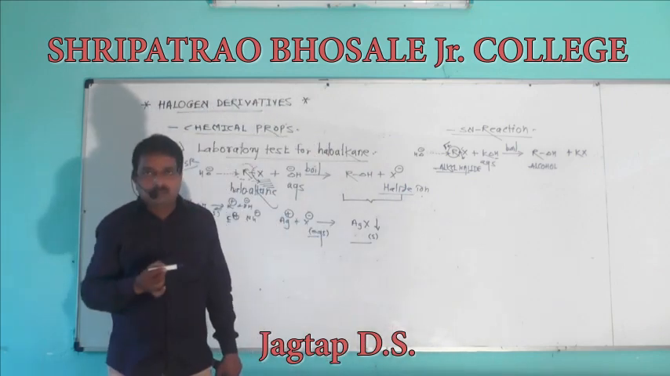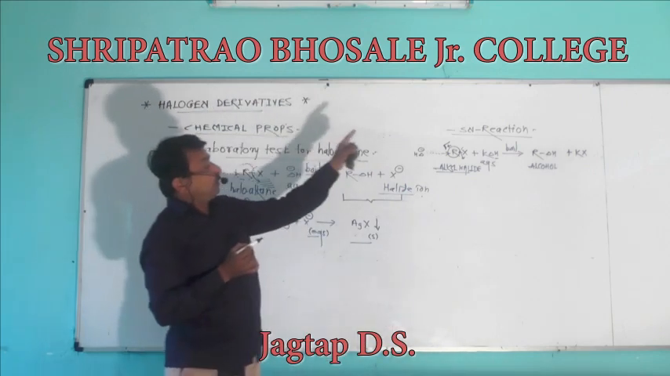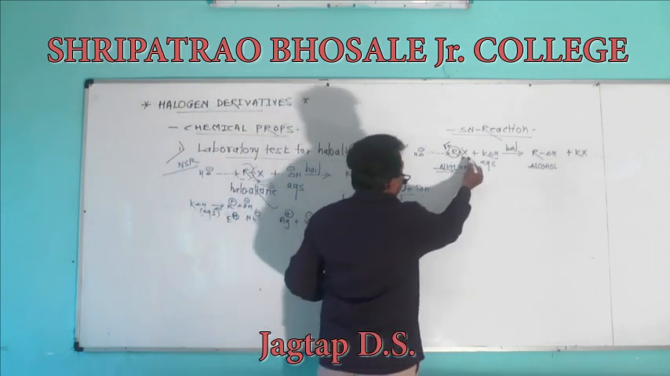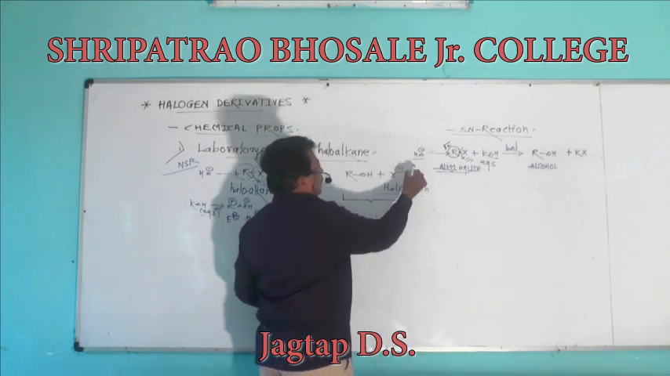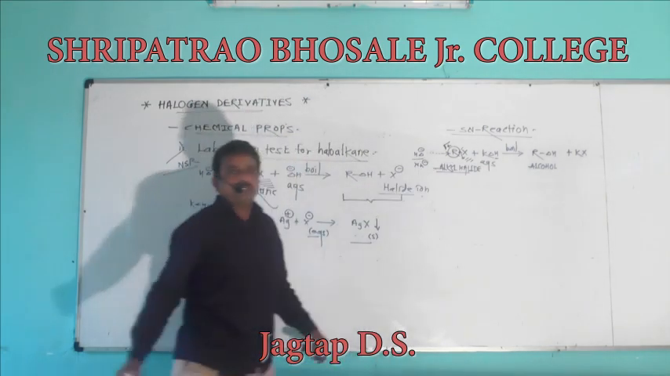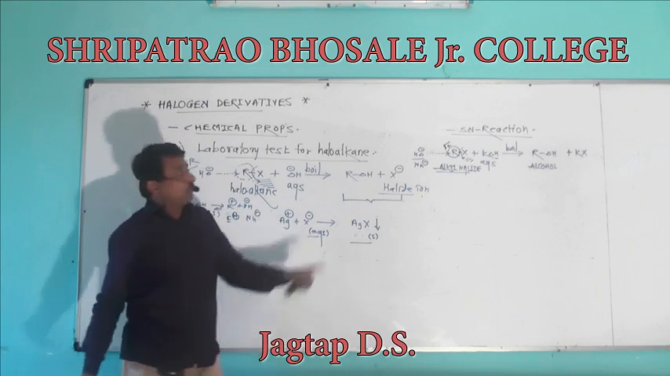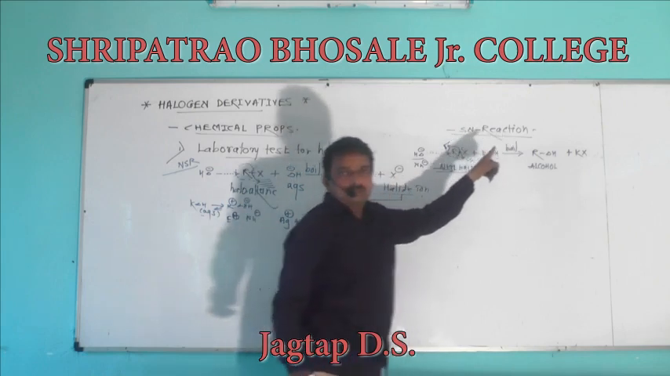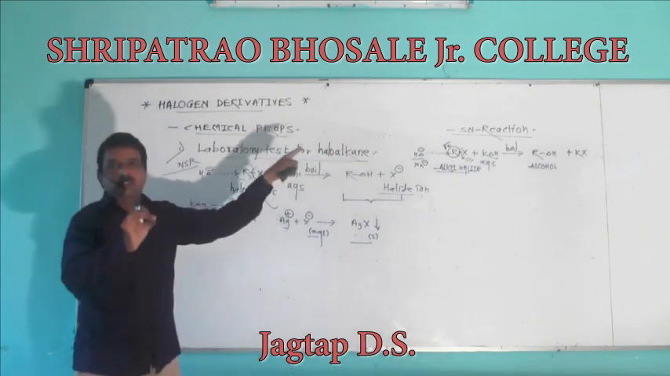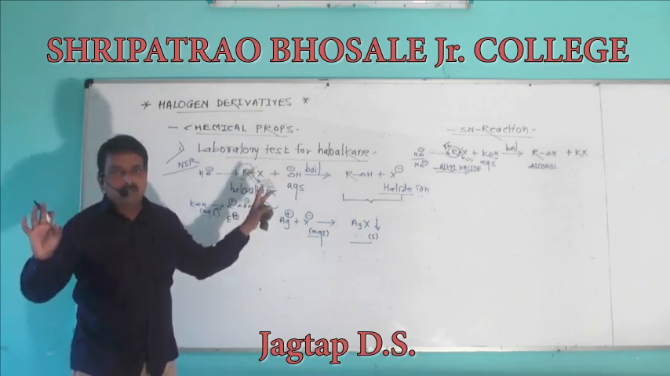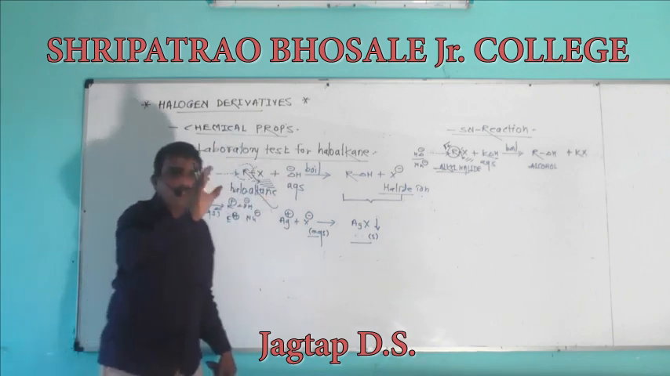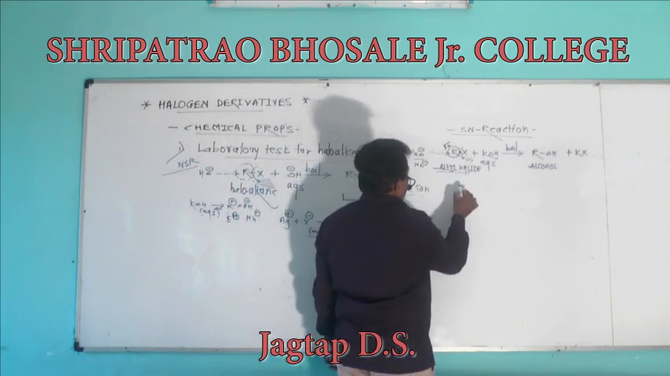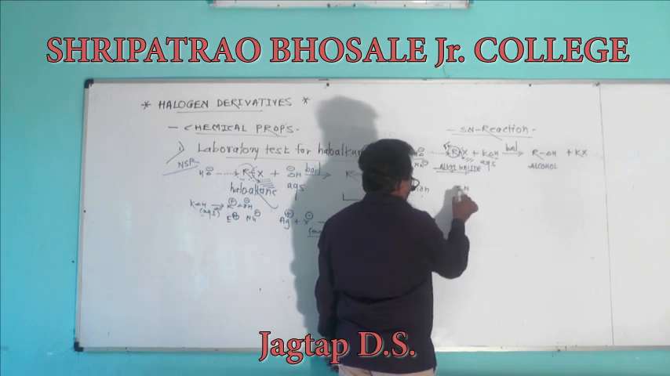In this reaction, alkyl halide is converted into alcohol. The halogen atom of the alkyl halide is replaced by the nucleophile, OH minus. Therefore, this reaction is known as a nucleophilic substitution reaction. Alkyl halide undergoes SN reaction. Alkyl halide shows nucleophilic substitution reaction. Then SN reaction